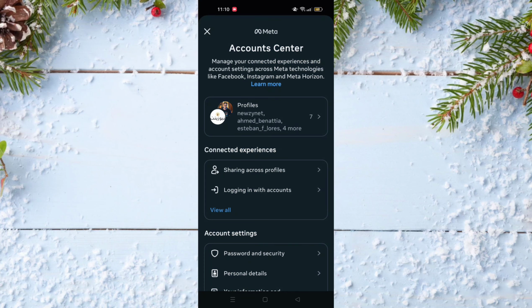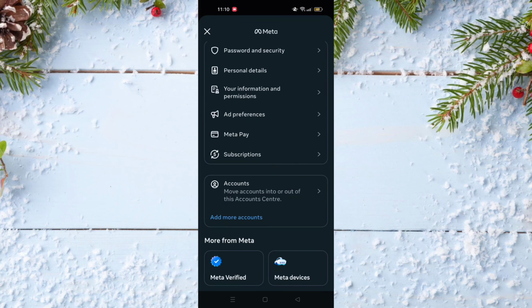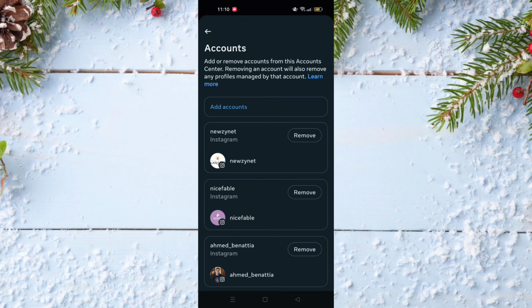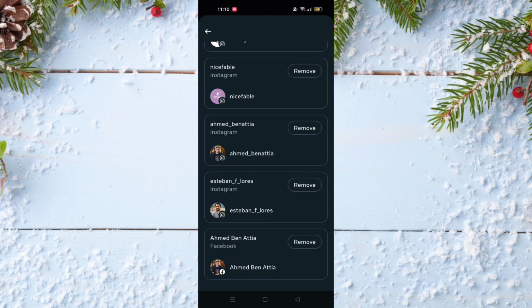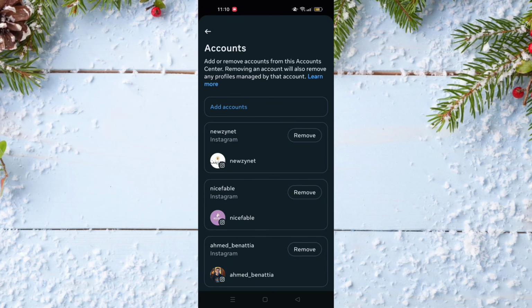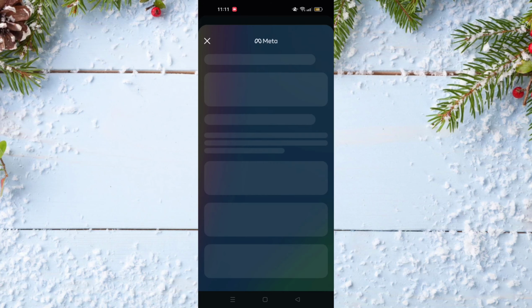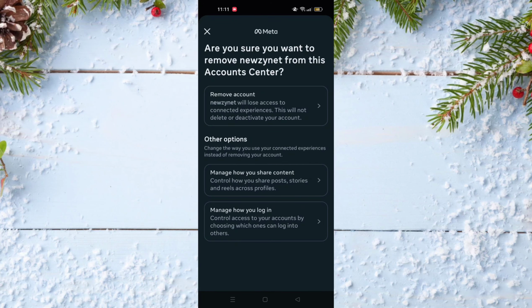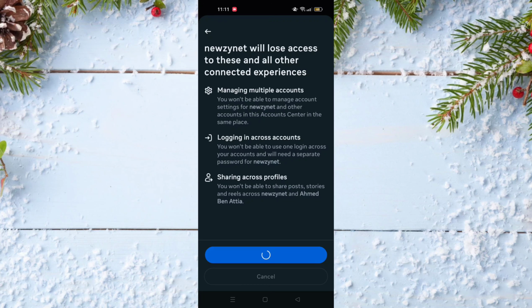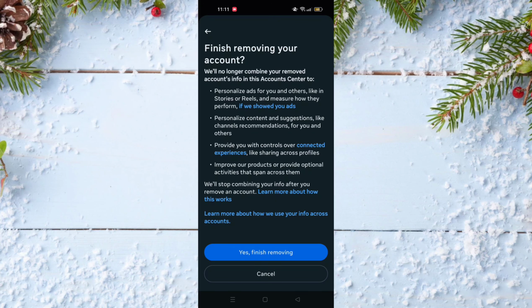down until you find the word Accounts, click on it, wait a little bit, and as you can see, this is my Facebook account, the last one related to this Account Center. To disconnect Instagram from it, I just need to select the Instagram account that I want to disconnect and click on Remove, and after that click Remove Account and click Continue and click Yes, finish removing, and like that you will disconnect your Instagram account from